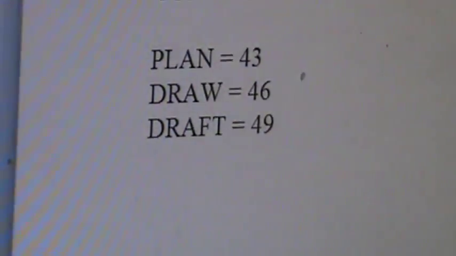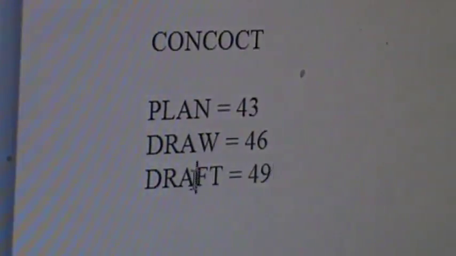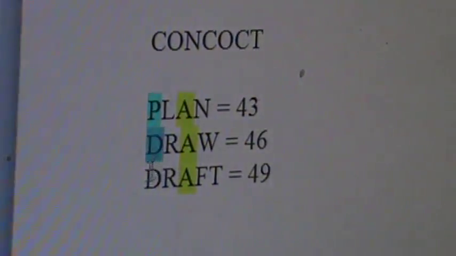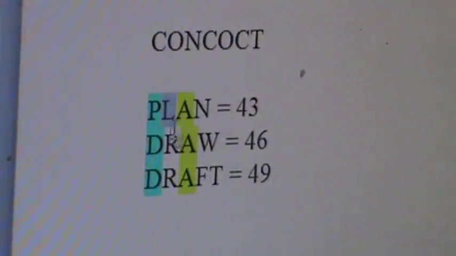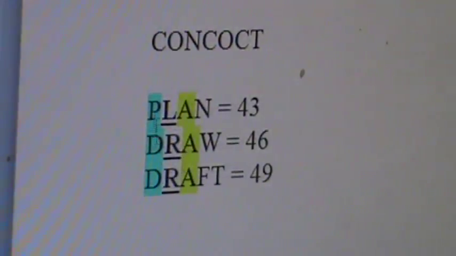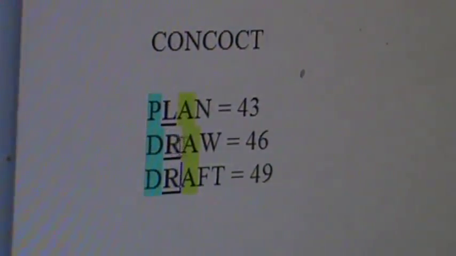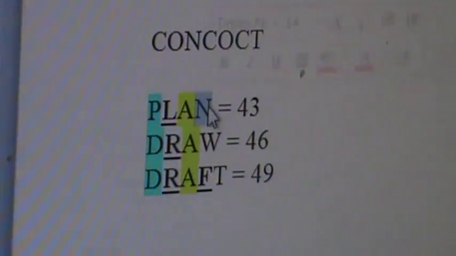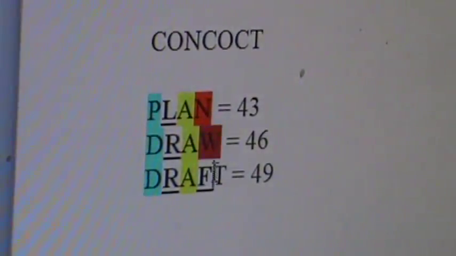Look at that. Every plan, every drawing, every draft: Father. And look, the famous A in there, the +1 in Father. Plan, draw, draft. Gorgeous. They all start with +1s. Amazing. The second letter divides by 3 in all of them, and divides by 6s, just like the two letters that divide by 6 in Father. And then you got an F, which is 6. And then they all finish in +2s.